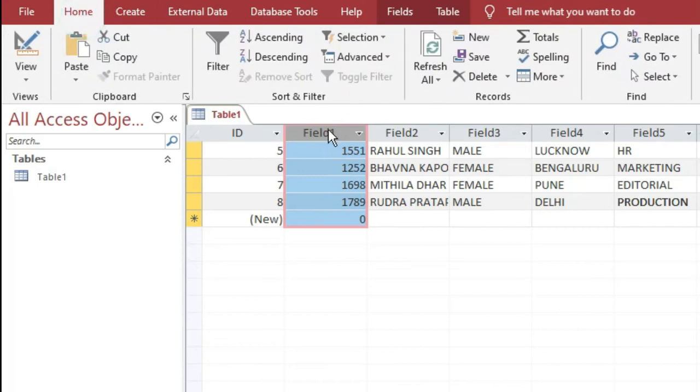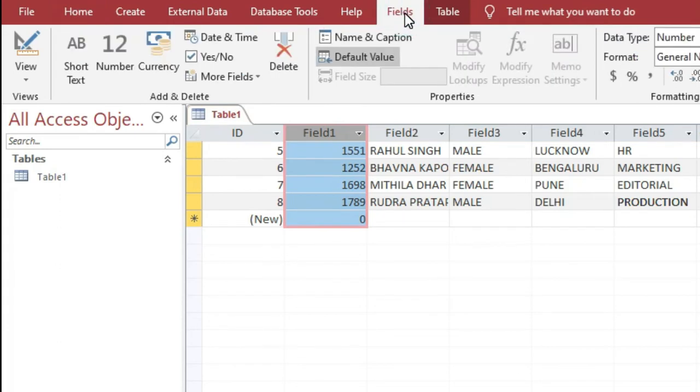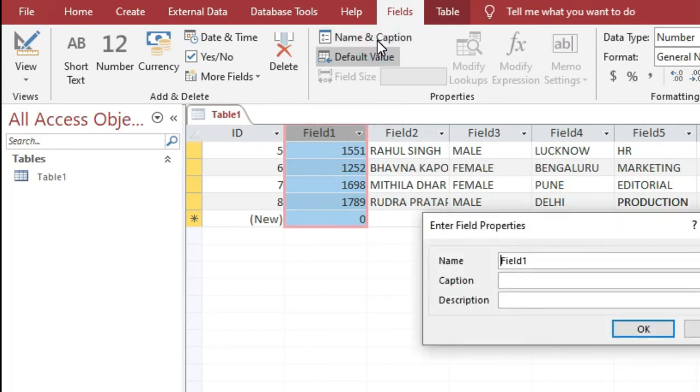So at first click on the field, then click on the fields tab here, and then under the fields tab select name and caption from the properties group. Okay, then the entire field properties box will be appeared.